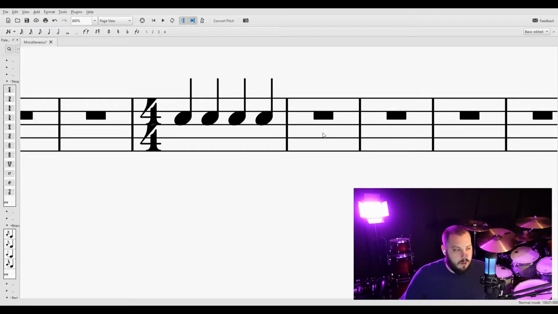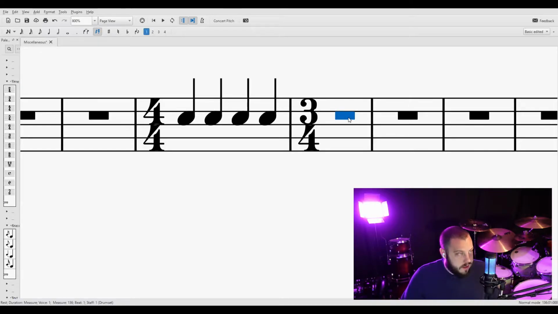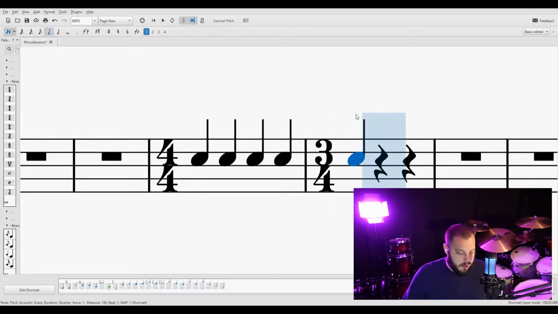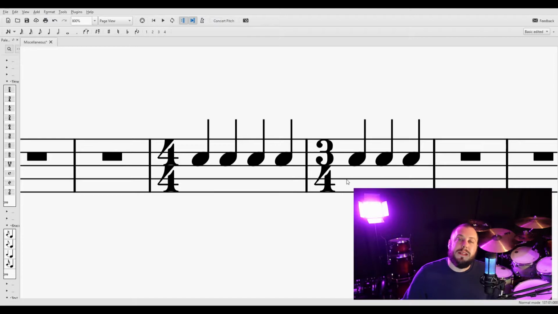Okay, now if I just played straight quarter notes like this in a measure of 4/4, it would just be a single measure, right? Now, if I were to play a measure of 3/4 after it, this would not be a polymeter because I'm not playing them at the same time. Remember, polyrhythms were 2 or more rhythms played at the same time, not played one after the other. That's called music,